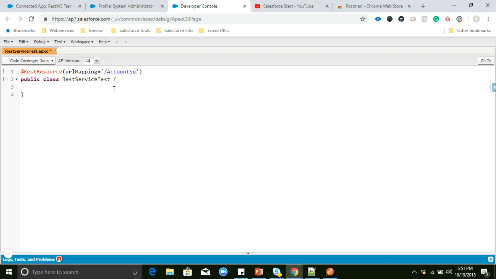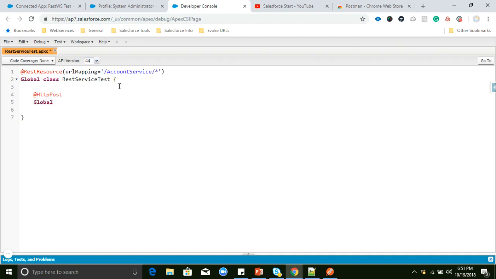Account, I'm giving, this is the unique name to contact our class. The class should be global. Once the class is saved, I will test with the HttpPost annotation. For the class and everything, we need to use global only.